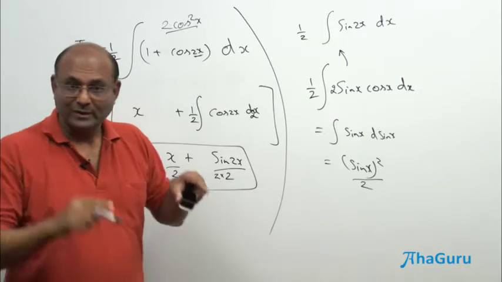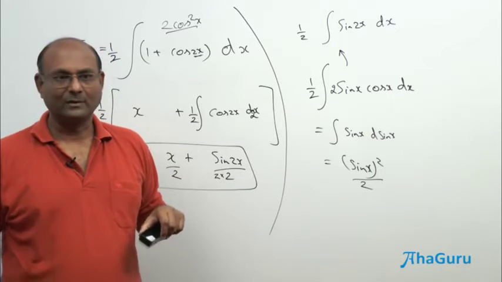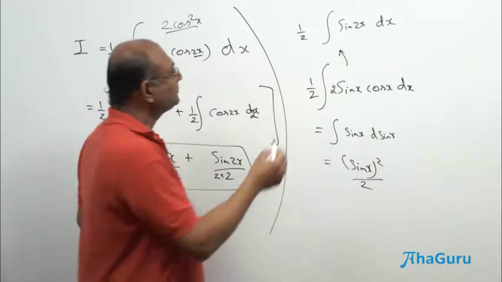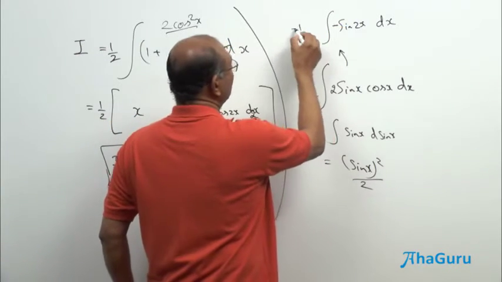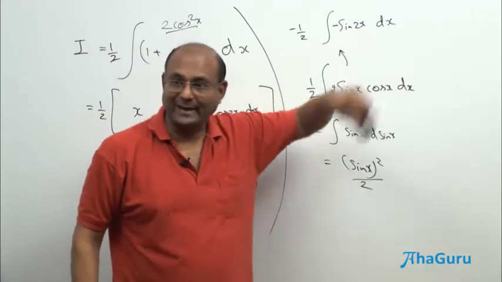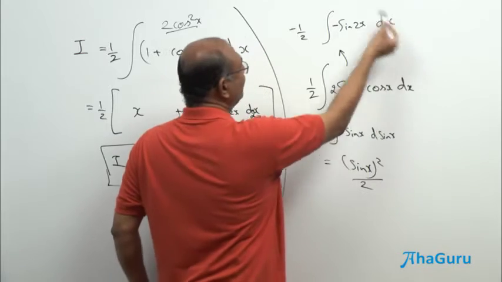Now I know how to do sin x dx. Actually, I know how to do minus sin x dx. What is minus sin x dx? Cos x. D cos x. So let us put a minus and let us put a minus. But the only problem here is I have a 2x and there I have an x. So what do we do? Put a 2 inside and divide by a 2.